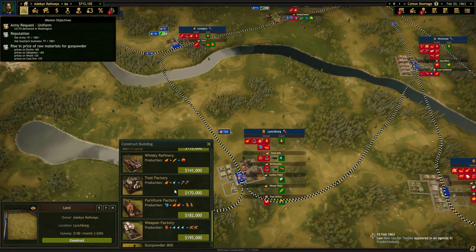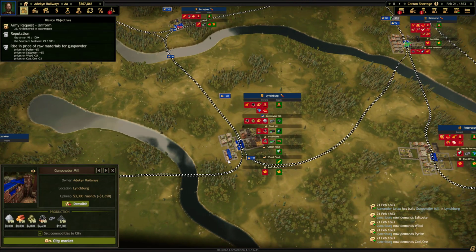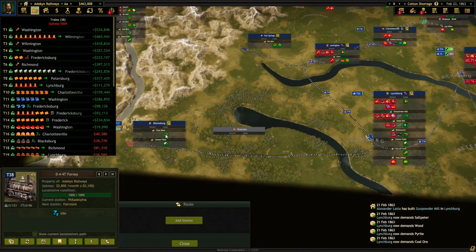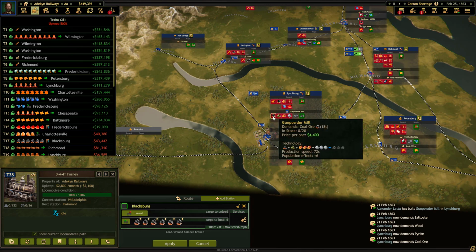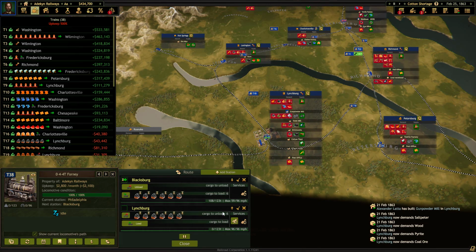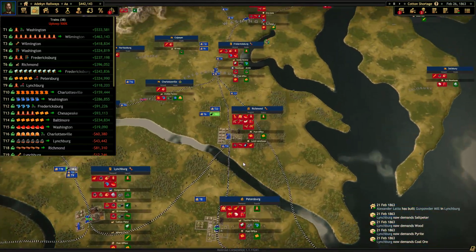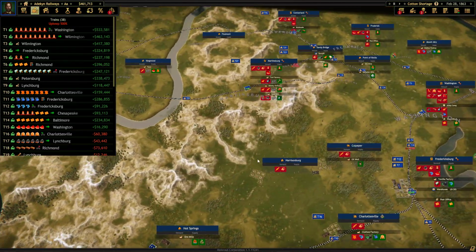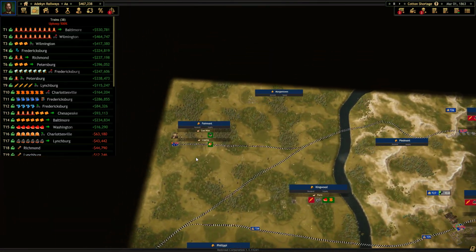We could. We will. All right. We have a gunpowder mill in Lynchburg. Let's start running coal to it. Let's start running wood to it. There is no wood in the south, it doesn't seem like. I'll tell you what I think we're going to do. We're going to